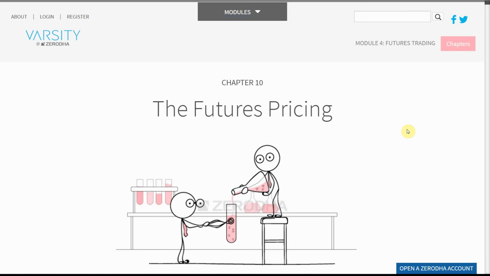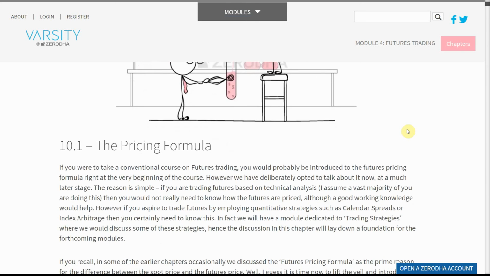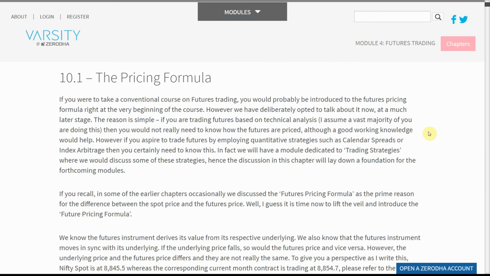Chapter 10. The Futures Pricing. 10.1 The Pricing Formula. If you were to take a conventional course on futures trading, you would probably be introduced to the futures pricing formula right at the very beginning of the course. However, we have deliberately opted to talk about it now, at a much later stage. The reason is simple. If you are trading futures based on technical analysis, I assume a vast majority of you are doing this, then you would not really need to know how the futures are priced, although a good working